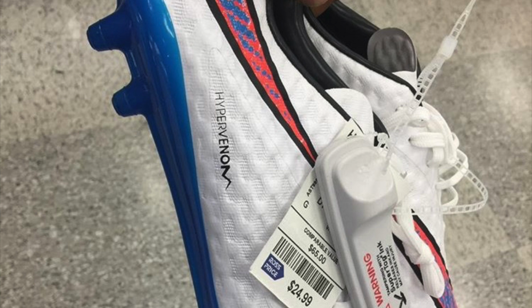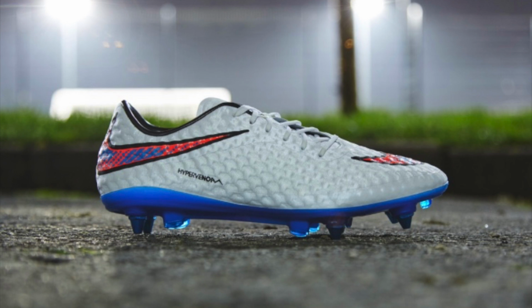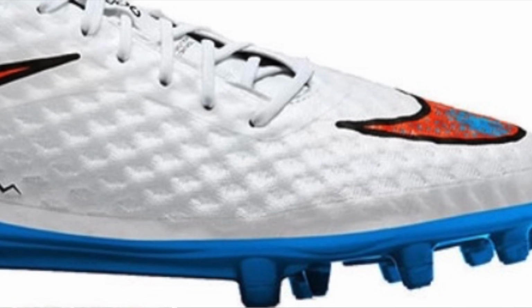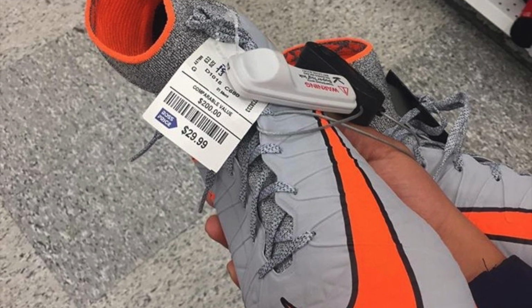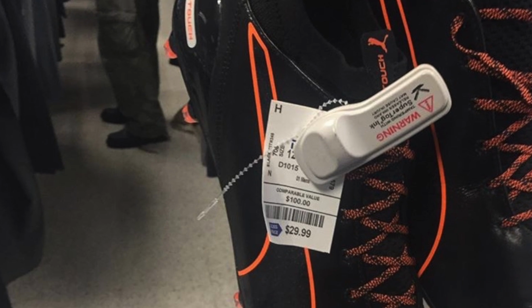At number 4 is Alex_Ramos 10. Alex's first find is the Shine Through Hypervenom 1 for $25. The Hypervenom 1 is one of my favorite shoes of all time, and the Shine Through colorway is pure class. They also found a pair of Hypervenom 2s, Puma Evo Speed SLs, and lastly Puma Evo Touch Pros for 30